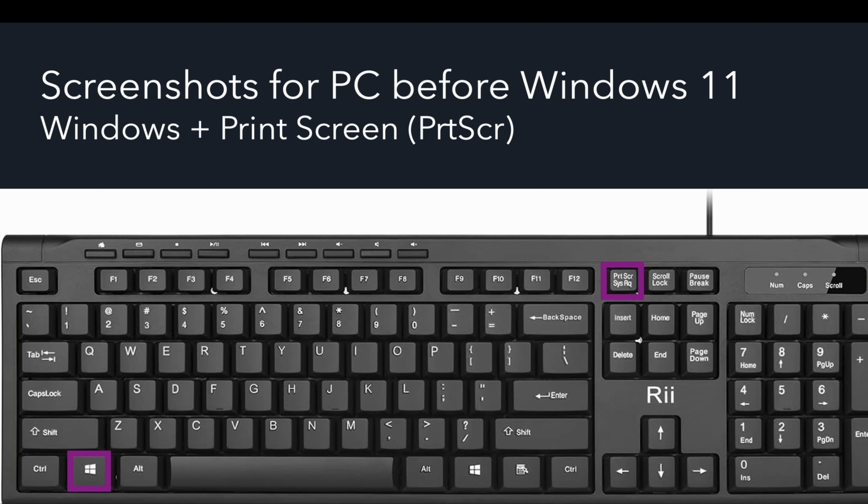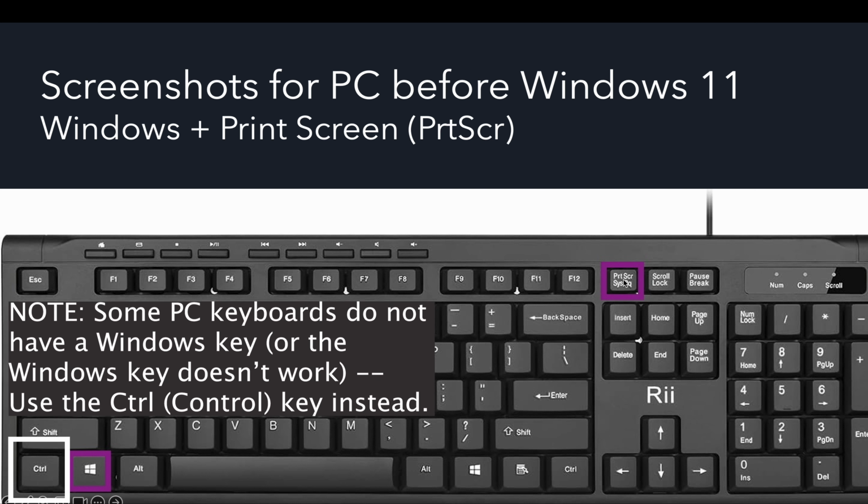I remember I had my first computer when I was in grad school in the late 80s, and what we would have to do for a screenshot was essentially the same thing. We would have a command here. Back then, I think we used to hit the Shift key, but now we hit the Windows key and print screen. And that will capture a picture for you, but